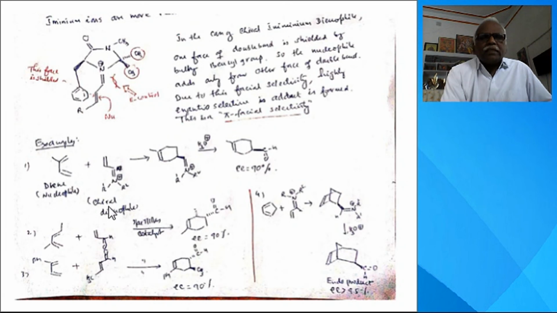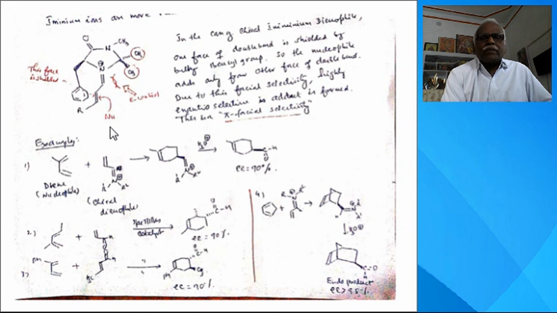Right. So here, this is the catalyst. This is the dienophile with a catalyst. This is the double bond, the actual double bond. This is the reacting center. This double bond contains two faces, the Si face and the Re face. On this face, this bulky group, this planar benzyl ring group, shields this face of the double bond. The other face is free for the reaction.